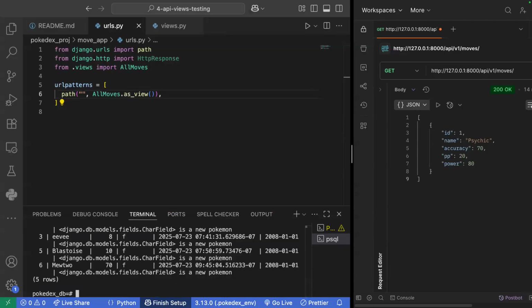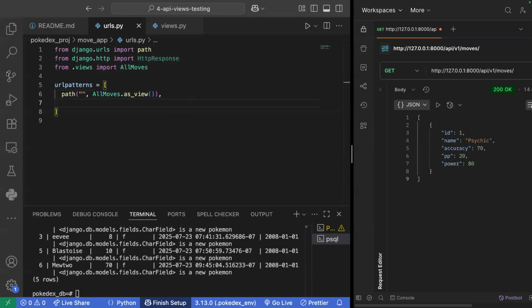Andy? I don't know if I'm going ahead, so let me know and stop me. But for the URL patterns, it seems like it should be able to hold more than just one path. Is that the purpose of it? Yes, that's correct. So next we're gonna go over how to grab